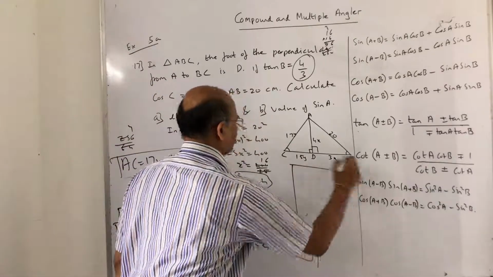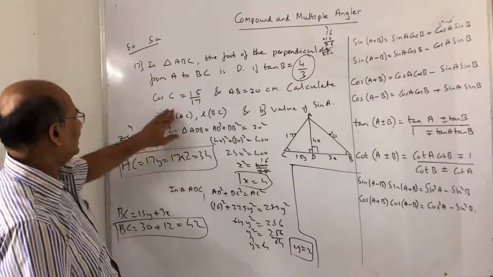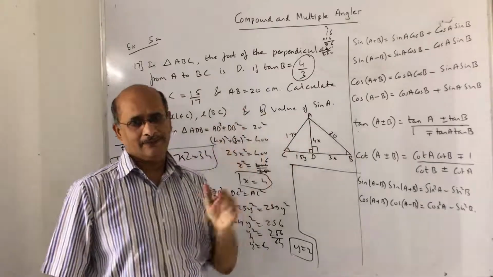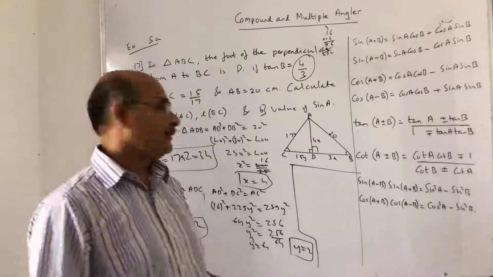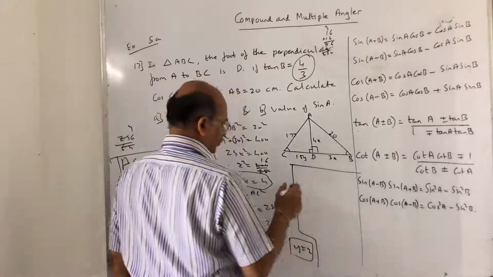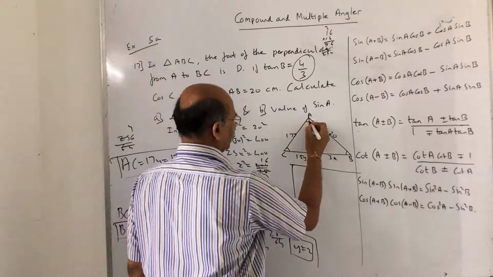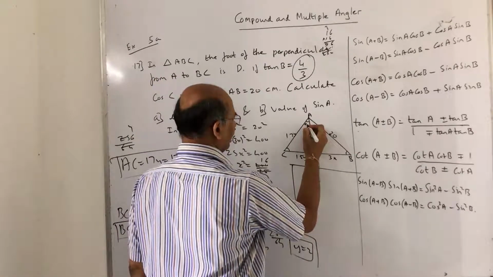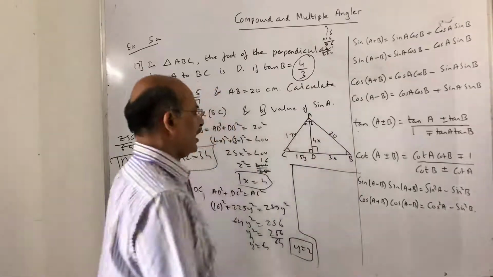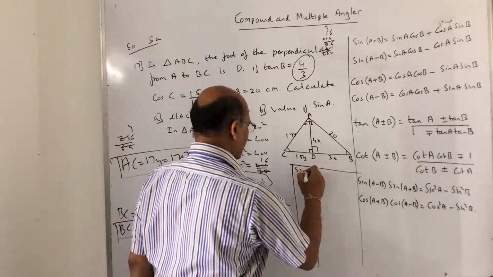Okay, now this part is slightly different. I want you to pay attention now. They are telling us, I got the value of this, I got the value of this, just find the value of sine A. Now, really it is difficult actually for me. So anyway, now I'm just putting across this point. Now suppose you take this as A and say this as B. Okay, A and B. So sine A, now from here, sine A, they are telling.